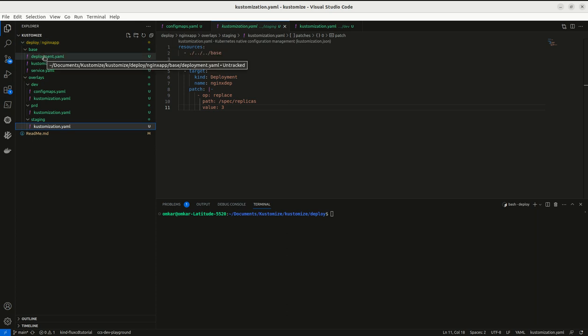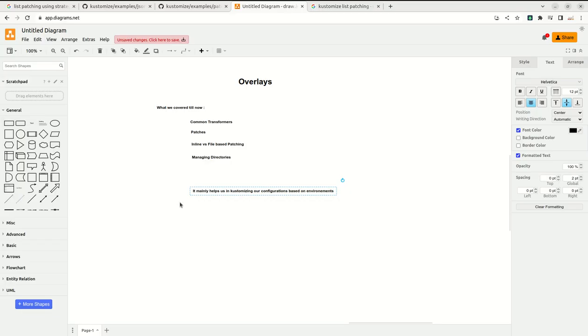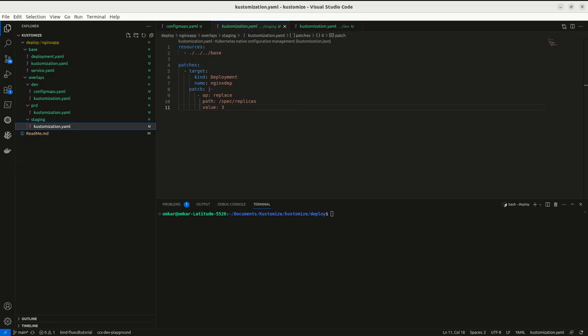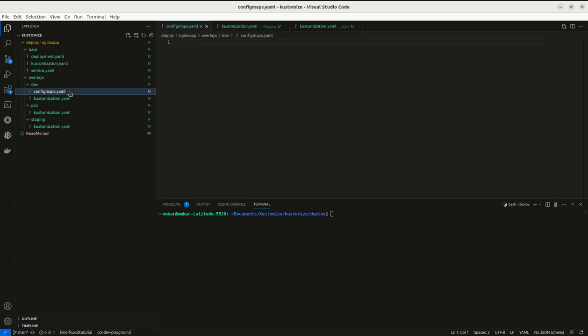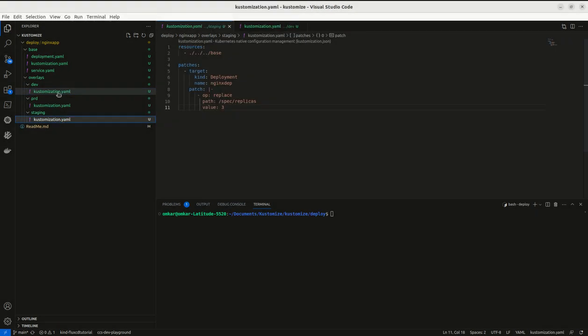It will help us get rid of all the mess we generally keep in one directory, right? So maybe I can show you one sample here. In the dev folder we have this one replica. Right now, let us say I build the dev,